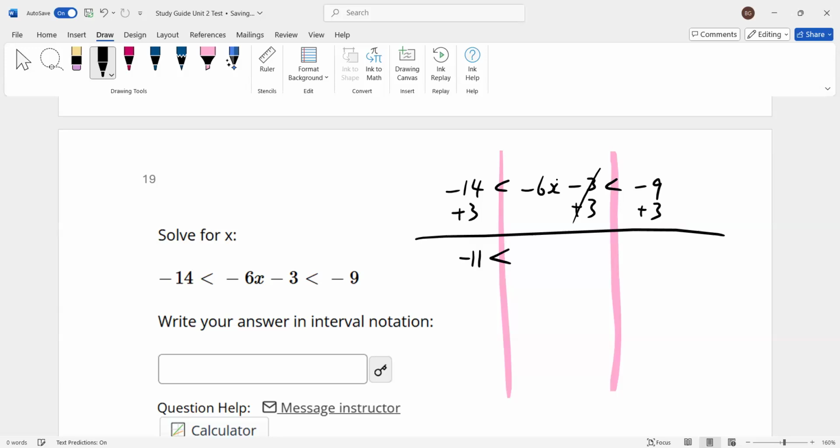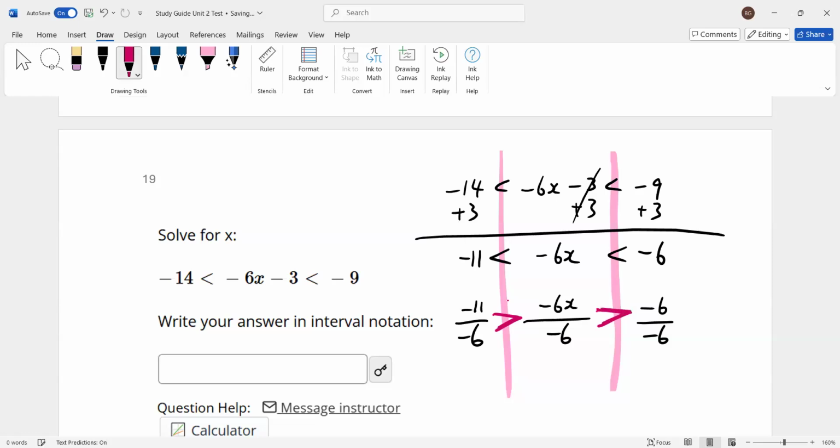In the middle, negative 3 and 3 cancel, so we have negative 6x. And on the right side, negative 9 plus 3 is negative 6. Okay, here is the tricky part. In order to isolate x in the middle, we need to divide all three parts by negative 6. Remember, when we do that, we have to switch the direction. Even in the compound inequality, same thing. We need to flip the